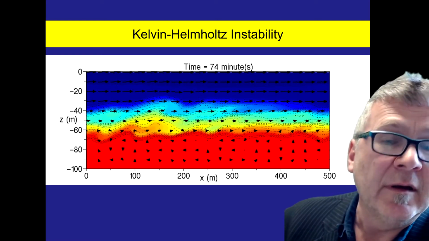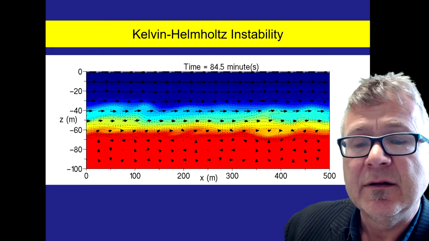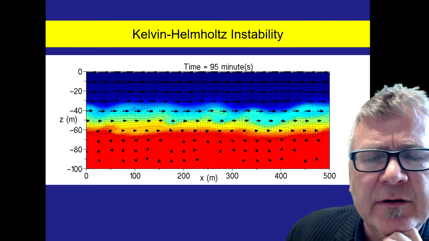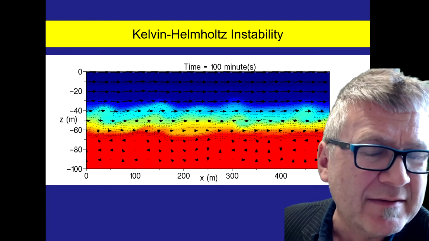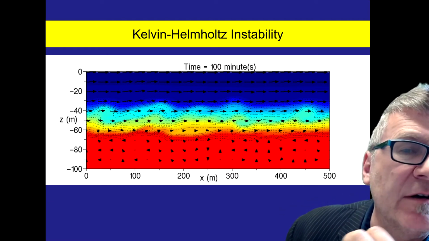So right, you can see the mixing that's induced by this instability. Okay, it's a mixing if you're confused about, because that's not really what happens at the sea surface. If you have breaking waves, you don't get a mixing zone between the ocean and the atmosphere. Because of that